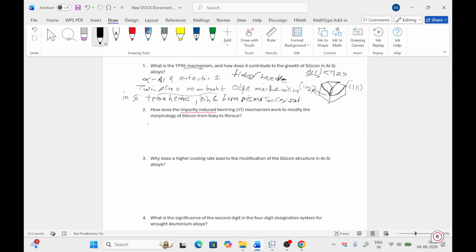So we use sodium, barium and strontium addition in this aluminum silicon alloy. So these atoms sit at these faces. As they sit at this place, they change the arrangement of silicon atoms and induce more twinning